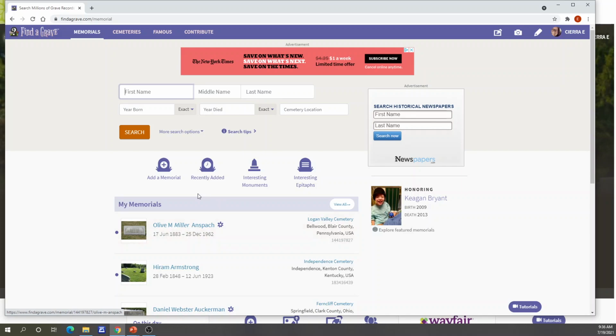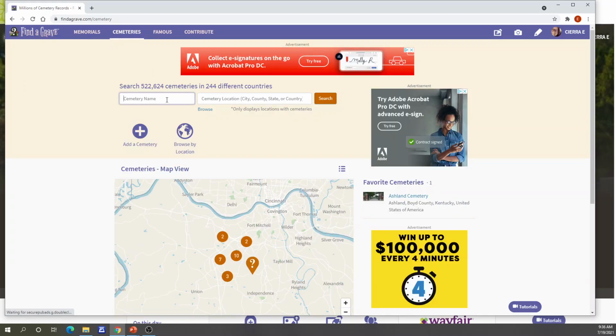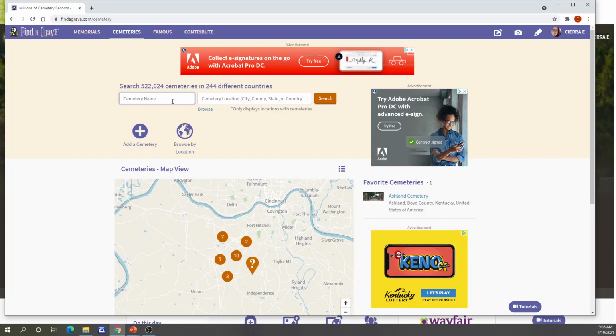So that's something to keep in mind. When you click, let's go up to the cemeteries tab, and I want to click on that. It's right here. This allows you to do a couple different things. You can search for a cemetery here, or you can add a cemetery if a cemetery has not been included in the database. Most of the time, you'll probably be searching for cemeteries because that becomes an important part of